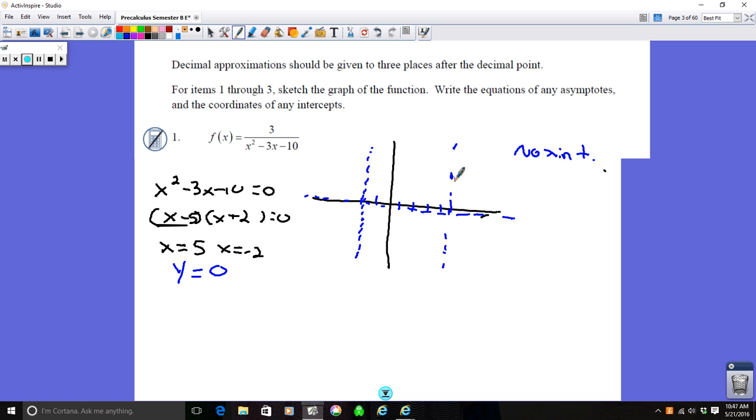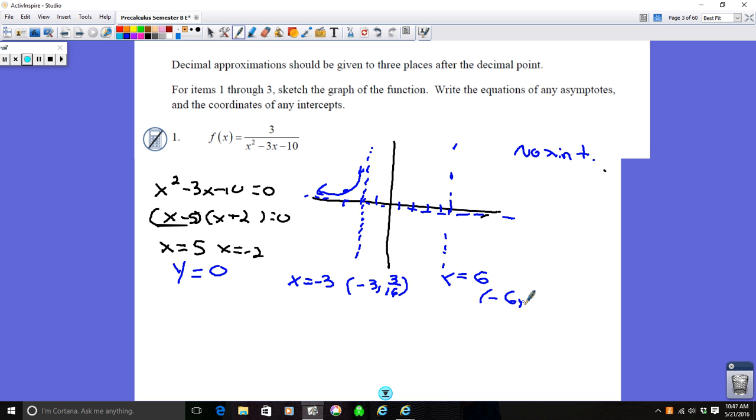And then we're going to just plug some points in and see what works here. So we're going to plug in maybe a value to the left of -2 here. So maybe x equals -3. When you plug x equals -3 in, you get -3 and then 3 over, I believe it's 16. So you get an idea as to what quadrant this is in. So this is the one section. I'm going to plug in x equals 6, to the right of this asymptote. And when you plug that into the equation and simplify that, we're going to get the ordered pair 6 and